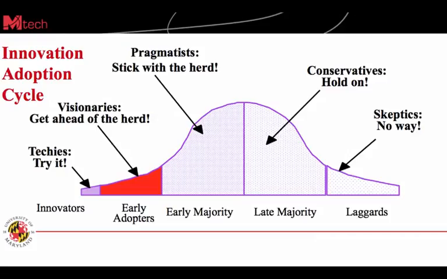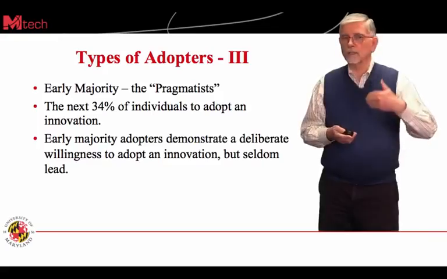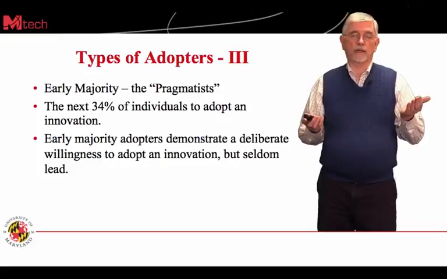So let's look at this figure again, and we see that now in the innovation adoption cycle, we've got another progression of adopters. And so we're beginning to get people in the marketplace now who are actually adopting this, and it's not just a tiny amount, but it's 15%. It's a pretty good amount. So let's now look at the third category of adopters.